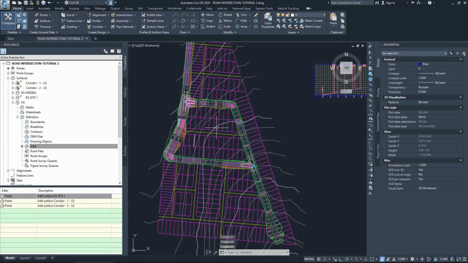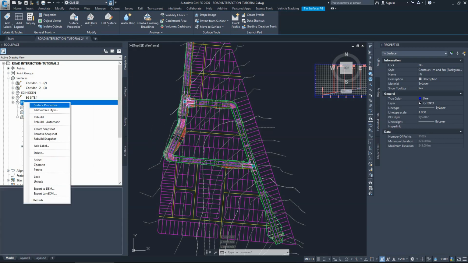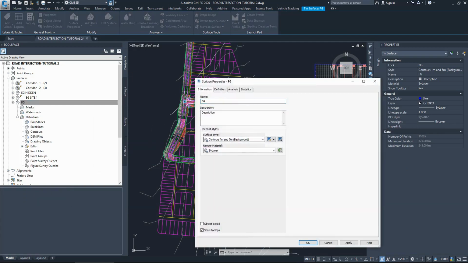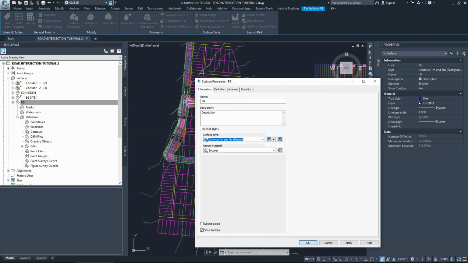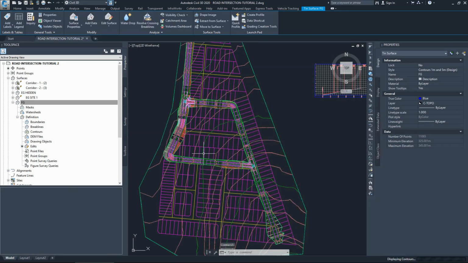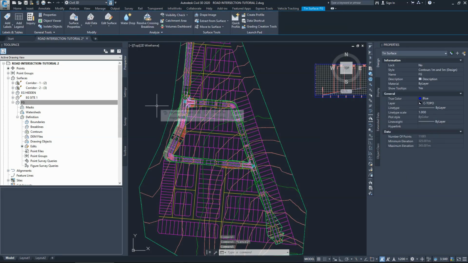Okay, so by mistake we created this FG surface as a background. If I look at the properties for that, all we have is just the style of it, so the colors. We change that to 1 and 5 design rather than background. Apply and OK. So now if we look at the overall surface for our corridor, for the new corridors and the existing ground,